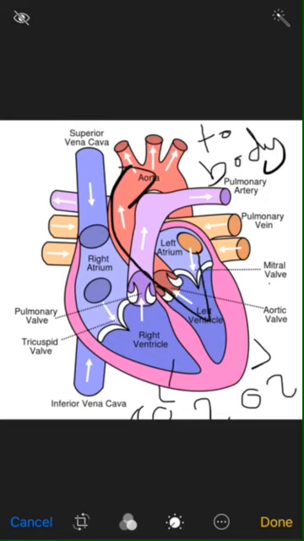Don't forget to talk about valves and their role. You may be asked about the role of the valve. To describe the role of the valve, you have to know 2 ideas, because mainly it's 2 marks. The first one, the valve closes to prevent backflow of blood. The second mark, to make sure that the blood goes in one direction. Okay? Also, you have to notice something about the structure of the heart, that the wall of the ventricle